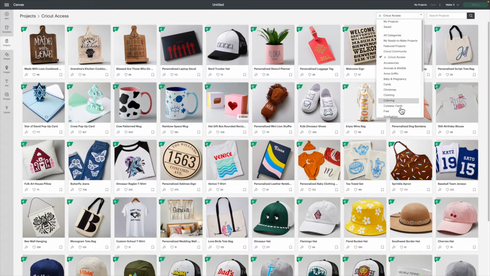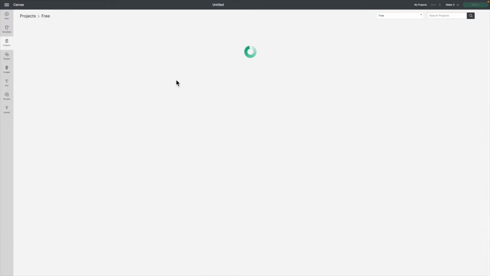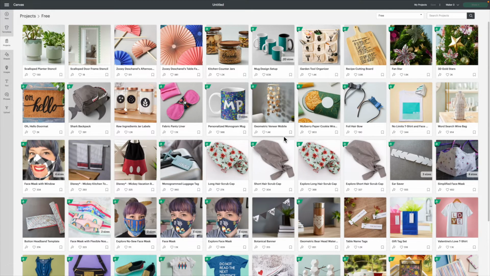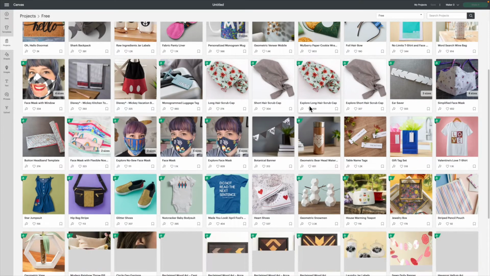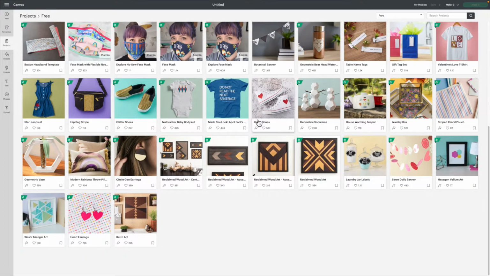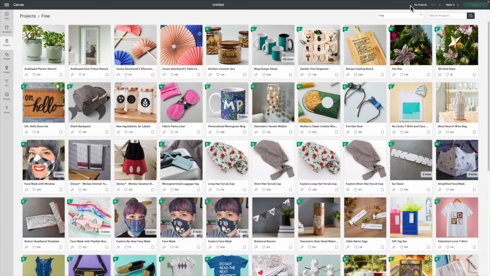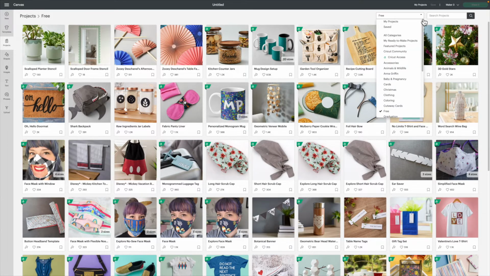Okay, now there are many different things. You can click on free, which everyone has access to free with or without the access. So you can use these from home or on your own login without having to have access, and they're all free. And there's actually quite a lot of them. Okay, let's see what else we've got.